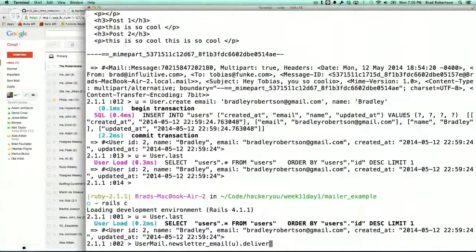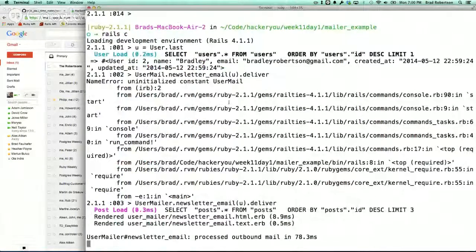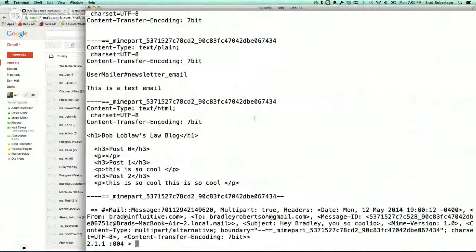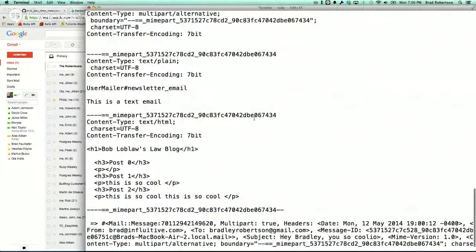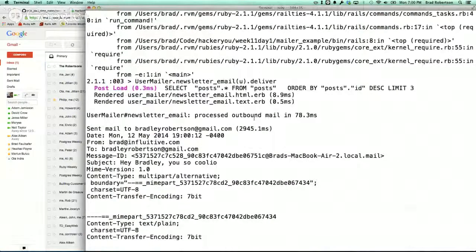Okay, so when I send this, I used user mailer. Notice that this is taking longer. I don't know if you guys saw it at all, and do it on your own. It takes longer than when we didn't have those SMTP settings in there, and that's because it's actually going out to Mandrill and saying send this email to this guy. So this is what I was saying about it takes in the order of seconds to send a real email